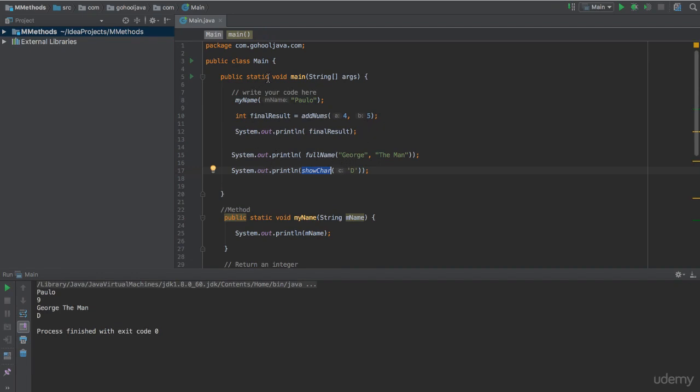In fact, we are using it in a different method, which is our main method, right? So, but now if you forget about anything that we did, it looks much more organized and beautiful, right? Because now we know we just show char, we pass in D, and we know it's going to do exactly that. So we don't need to think of the implementation of show char, which means we can literally take all